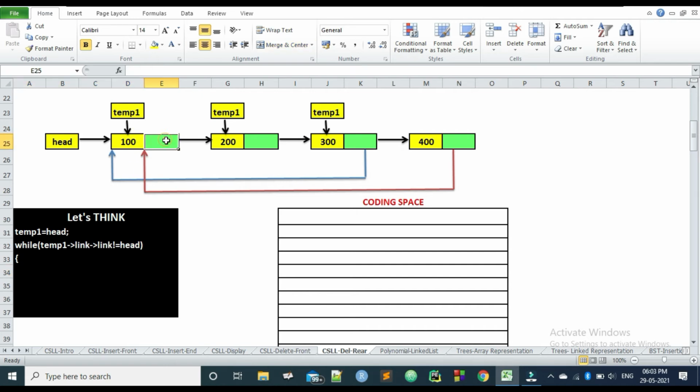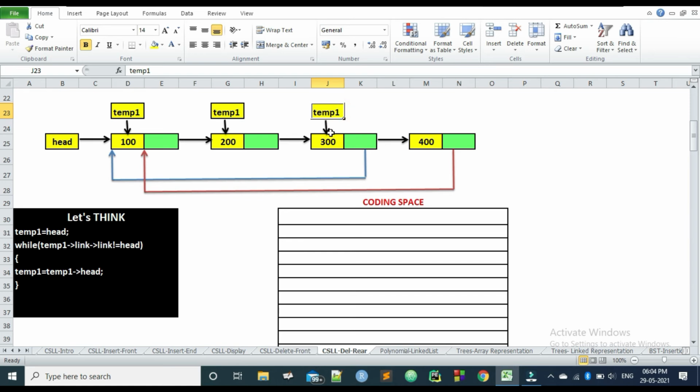If temp1's link's link is not equal to head, you can move your temp1. But when temp1's link's link is equal to head, this becomes false, and you cannot move your temp1 after that. So we can write temp1 equals temp1's link. So you are moving your link forward. And the moment the condition is false, it will come out and your temp1 will be pointing to the node previous to the last node.